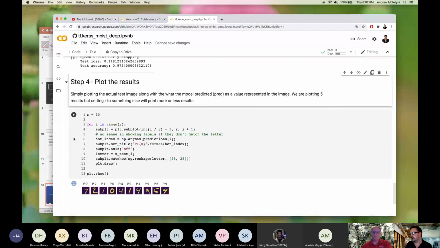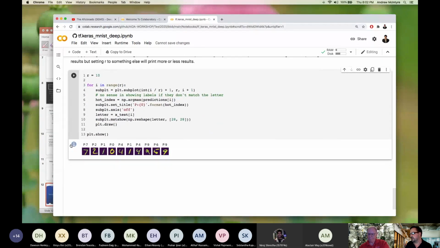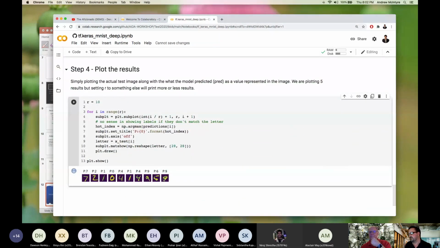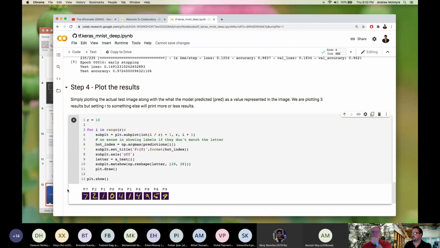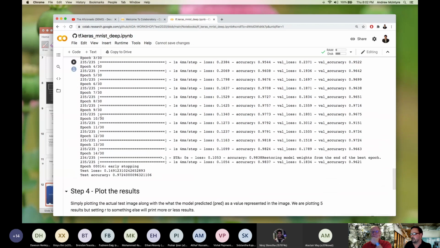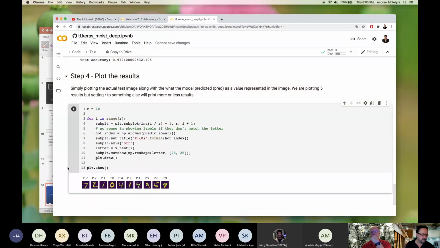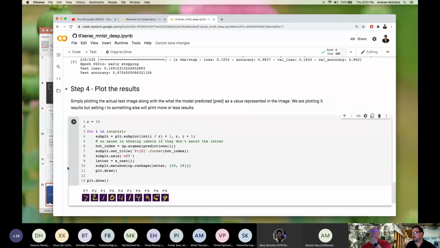And to prove that out, we can just plot these results, and sure enough, it still sees a 6. The rest of these are correct. If you're trying this along with me, then yours might have come out so that they're all correct. This is just a random smattering. I think the first 10, or random 10 out of the set. So yours may have come out all correct, and you may notice that your model either stopped training or continued training at a different point, all due to the way that the randomizers are set up. So that kind of does it for this first deep learning bit, and I hope that made sense.